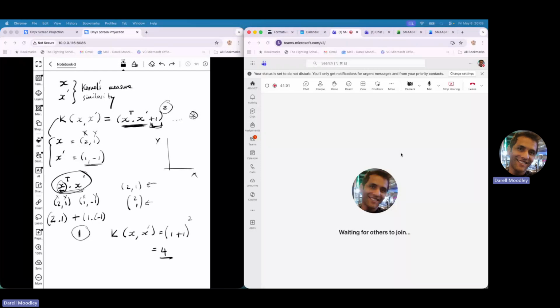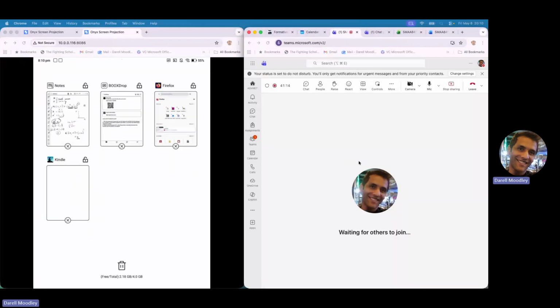Now, why is that important? Well, that is important because for SVM, right? So I'm just gonna share another diagram for you. If you recall,